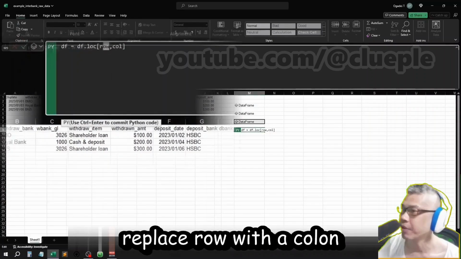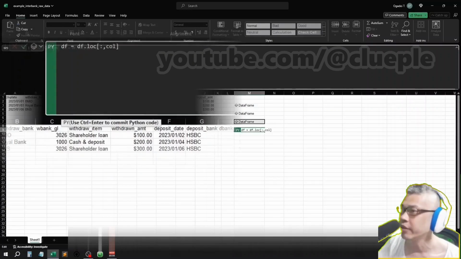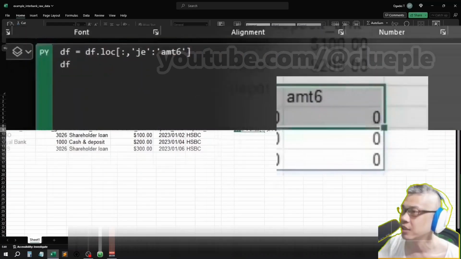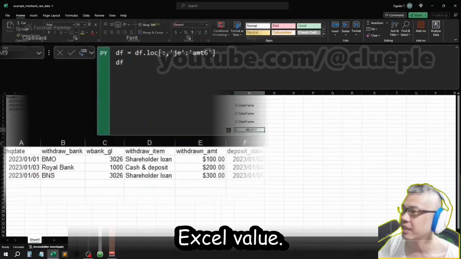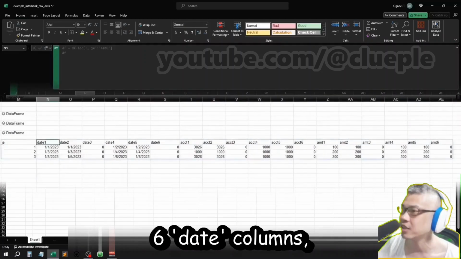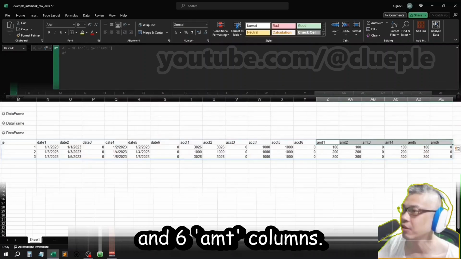Mentioned before, replace row with a colon as we need all 3 transaction rows. For column, we need to start from JE all the way to amount 6. df, control, enter. Click here, Excel value, and it should look like this. These are the 6 date columns, 6 account columns, and 6 amount columns. Okay,